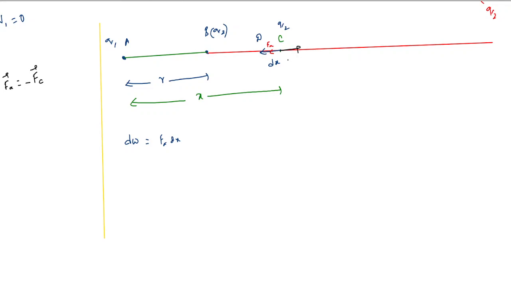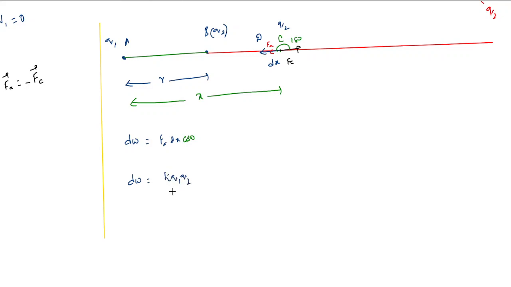This is the Coulomb force. In that case, the angle between dx and F Coulomb would be 180 degrees. There's also a cos involved here, so we can write cos theta. So the angle between F Coulomb and this would be 180 degrees. Keeping that in mind, this work done, which is dW, is equal to F Coulomb, which would be k